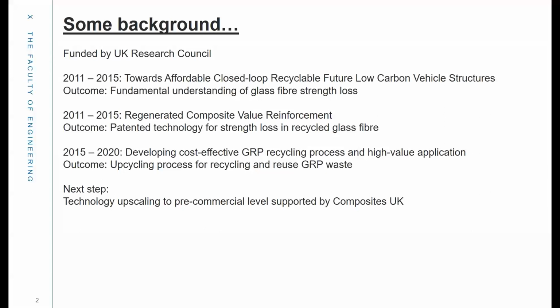Our research in this area began back in 2011, with our effort mostly focusing on dealing with GRP composites waste, glass fiber reinforced polymer composites. Our goal is to develop an upcycling process for recycling and reuse of GRP waste. We have developed our technology now to the mid-TRL, and our next step is looking for the opportunity of upscaling to pre-commercial level, and that activity is now supported by Composites UK, which is the UK's largest trade association